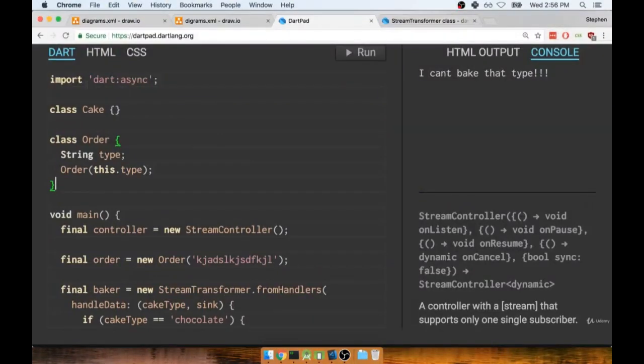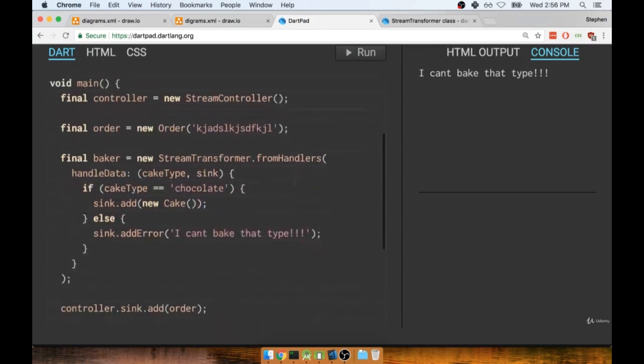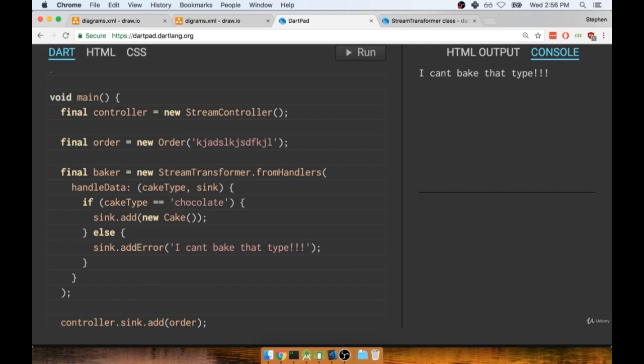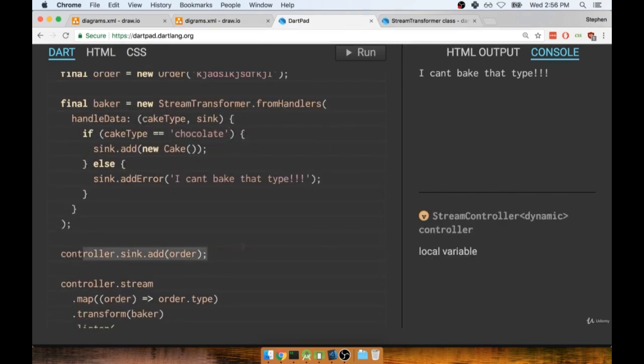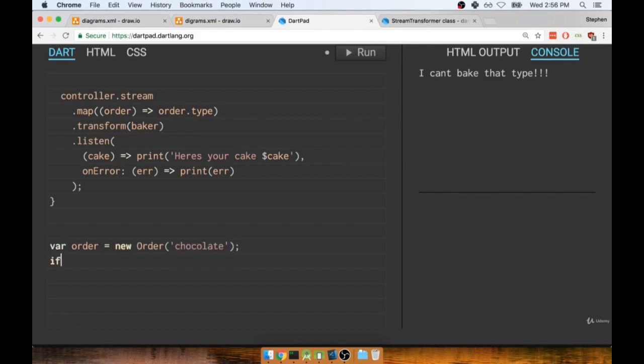In the last section, we did a big review of all the code we just wrote for our chocolate cake factory. Now, at this point in time, you might be a little bit confused about the stream stuff, because you might be thinking, Stephen, we just wrote out a lot of code to essentially check that we are passing in a string of chocolate to some thing right here. In other words, you might be thinking that we could have just implemented all this stream stuff by instead doing something like var order equals new order with chocolate, and then writing out something like if order.type equals chocolate,